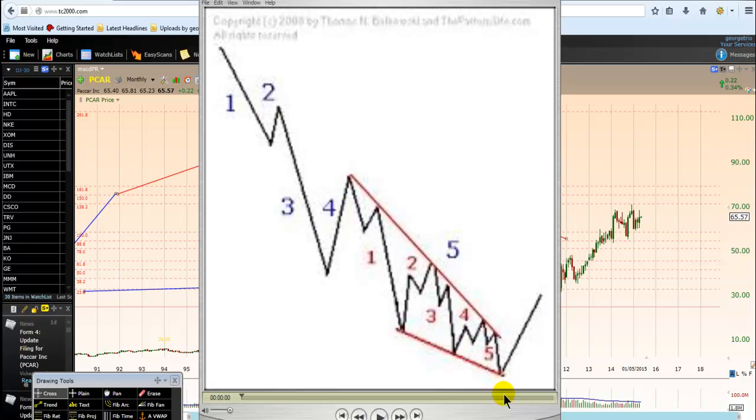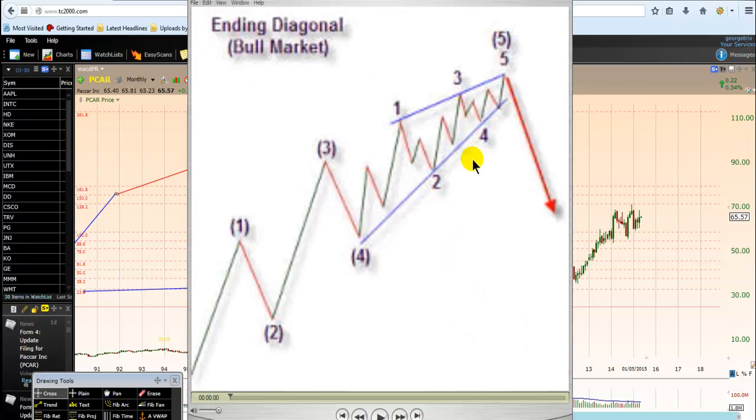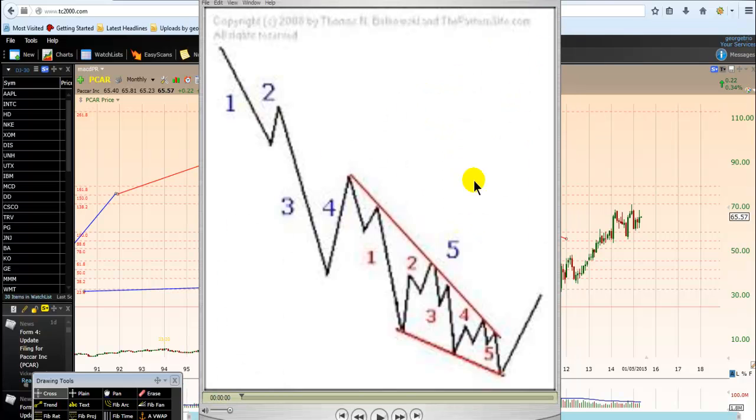Again, very important point that I want you to understand. In the previous ending diagonal that we have at the end of the up move, we have higher lows, and the difference between the highs is not significant. But in the case of a downtrend, we have lower high, lower high, lower high. The price is again confined in a triangle. This is a very important thing that you need to understand, and this is why we are explaining it to you, all right? So lower high, lower high, lower high.